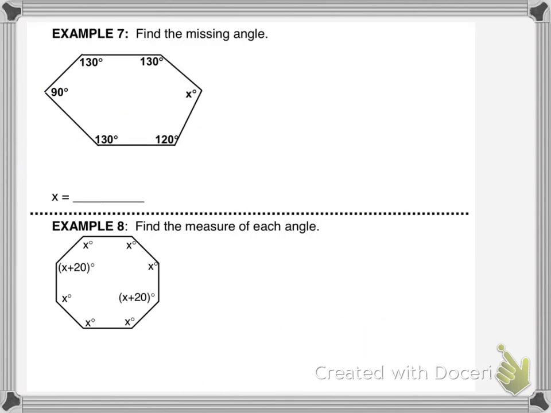Sometimes you'll see a problem like this where they have this shape, and they'll say find the missing angle. So let's look at example 7. First of all, we have to figure out what type of shape this is. So you count the number of sides, and I see that it has 6 sides, so n equals 6, right? It says find the missing angle, so it wants to know the measure of this angle right here. We do know the measures of the other angles, and we can figure out what they should all add up to. So remember, the sum